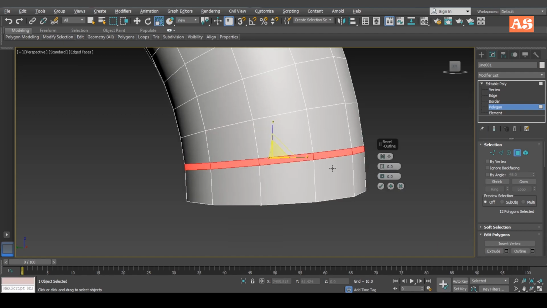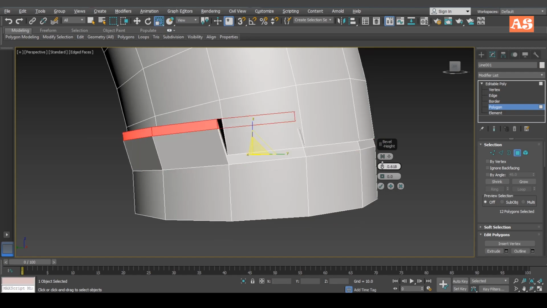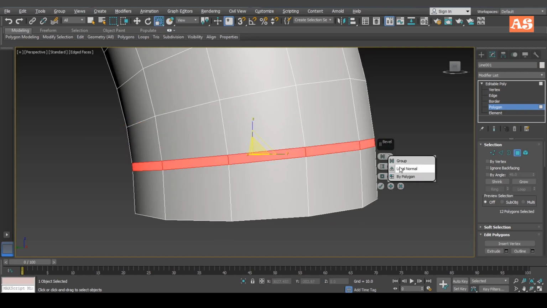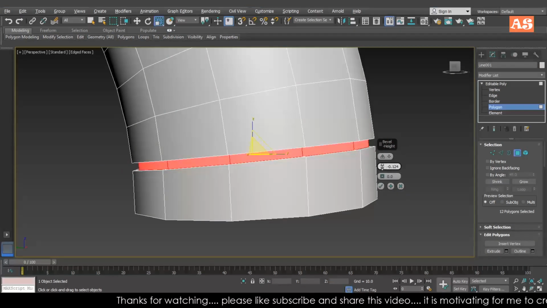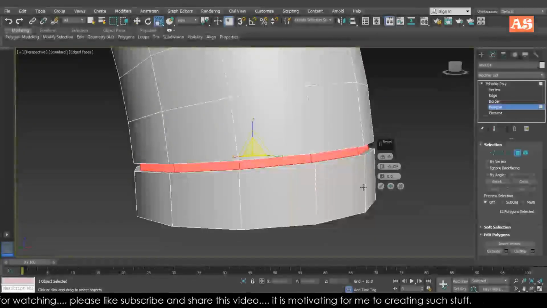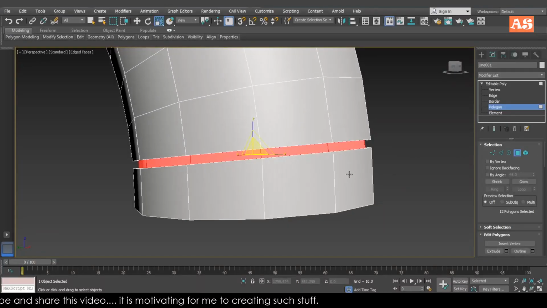Now I'm going to create some inverted surface for this tap. Surface is like local normal. No, local normal is good. Yeah, this one is a good one. This one is good for my tap.